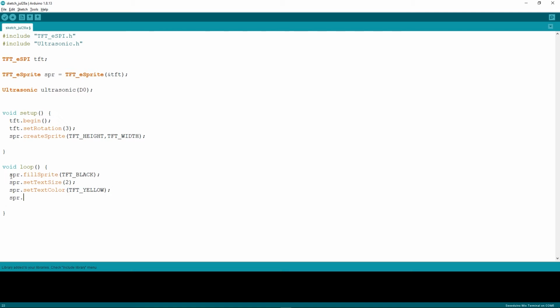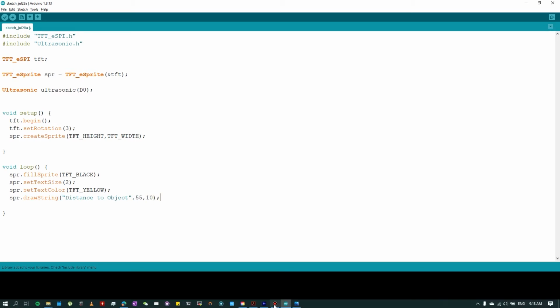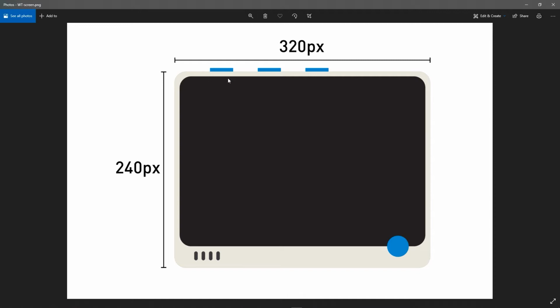Then I will draw a string, spr.drawString, and I will draw it as "Distance to object", and the location I will use is 55 and 10. So 55 in the x direction and 10 in the y direction. Somewhere around here it will draw "Distance to object".